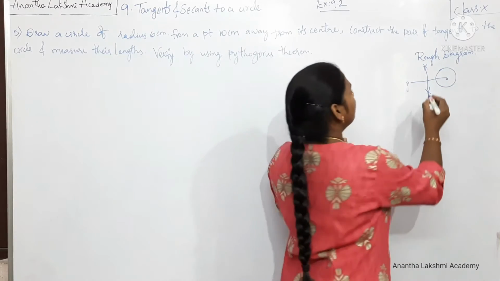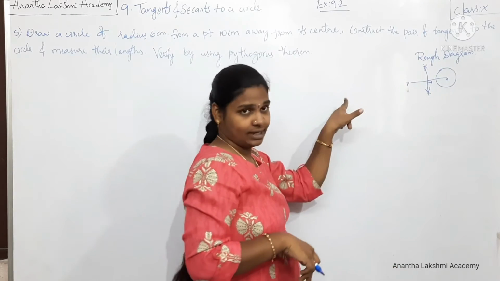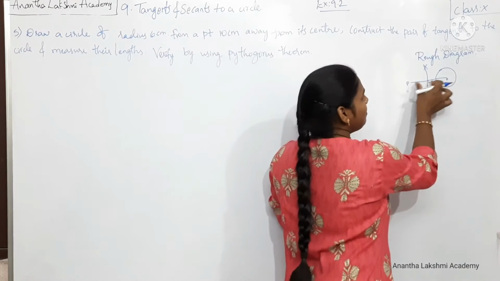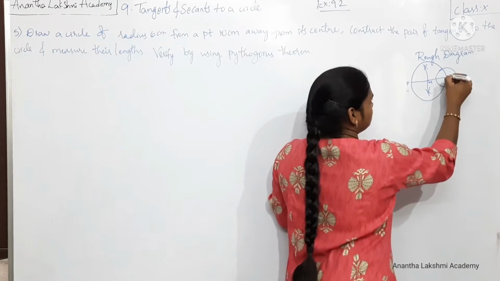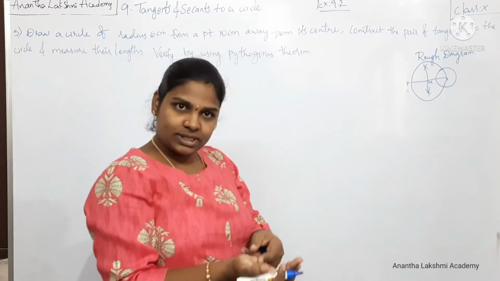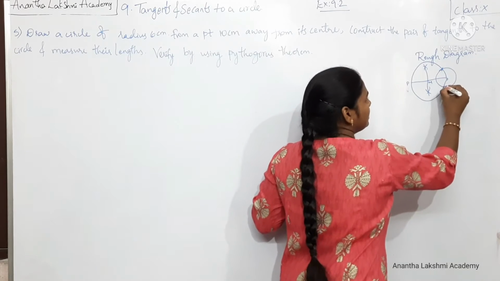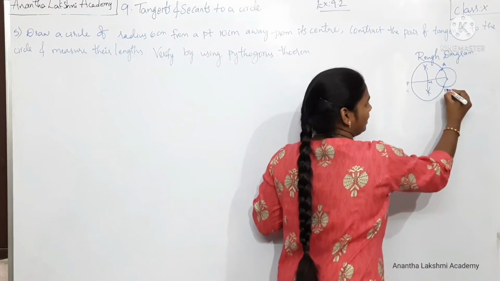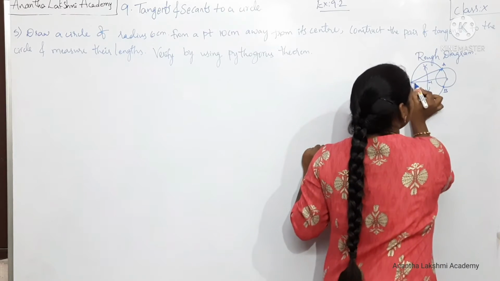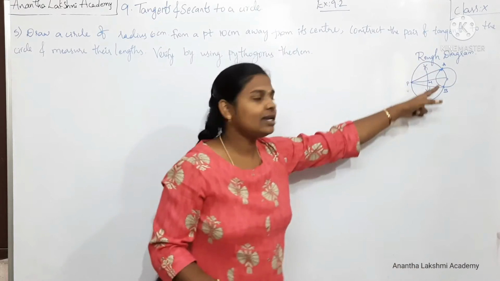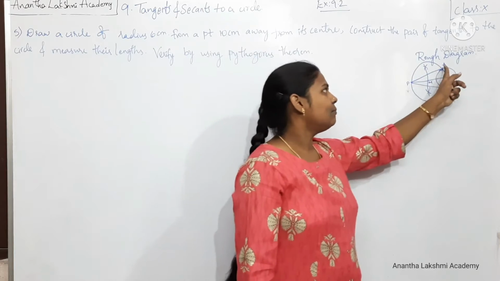Alright, now let us call the point of intersection of the perpendicular bisector and the line as M. With PM or MO as radius, let us draw a circle. This circle is going to intersect the first circle at two different points. Let us name them as A and B. Now join PA and PB. These are the required tangents. Now that we have constructed the tangents, measure their lengths PA and PB.